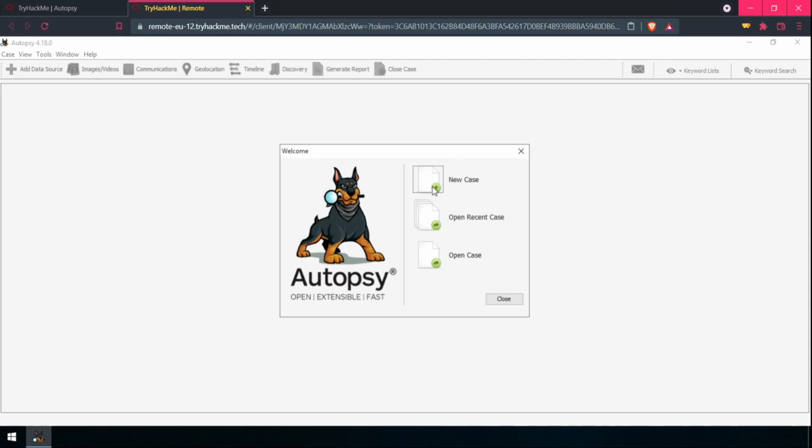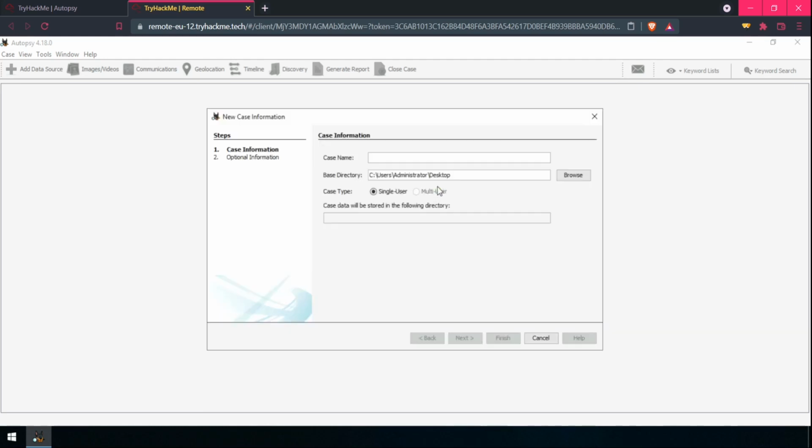If I click here on open new case, we need to provide a case name, we need to provide the base directory, and we need to specify the case type. Is it multi-user or single user? It is also given that case data will be stored in the following directory. I don't think we can specify that, but it will automatically make a directory for that.